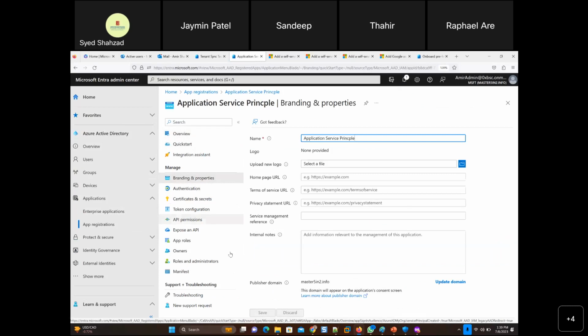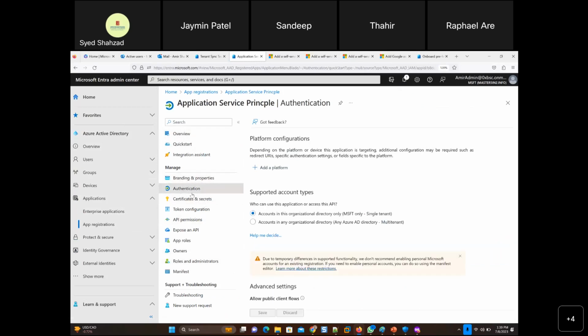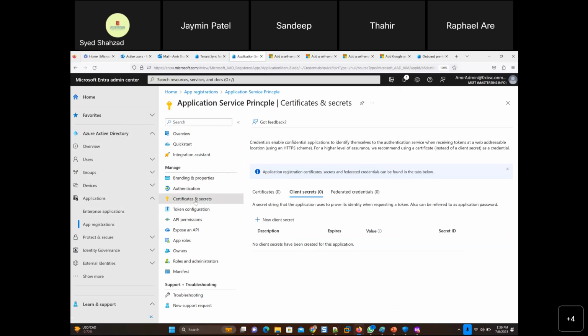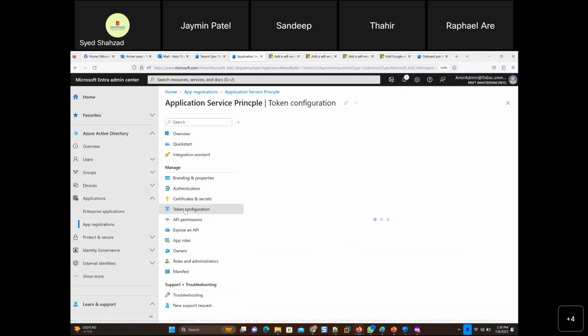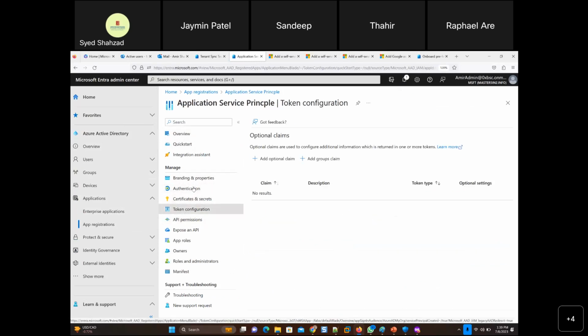So this is created in Active Directory, right? Then you can decide, for the application that you're connecting this to, that you're creating certificates and secrets here, and API permissions and token configurations that you want. So basically, you're connecting it to whatever application.